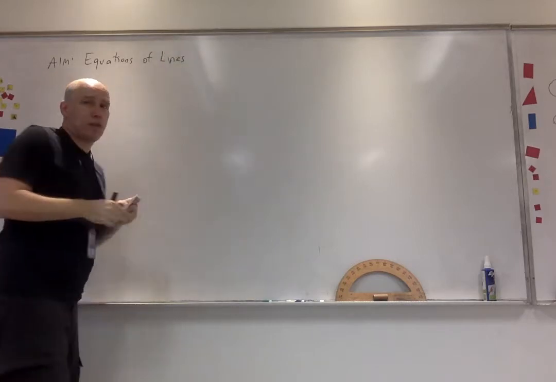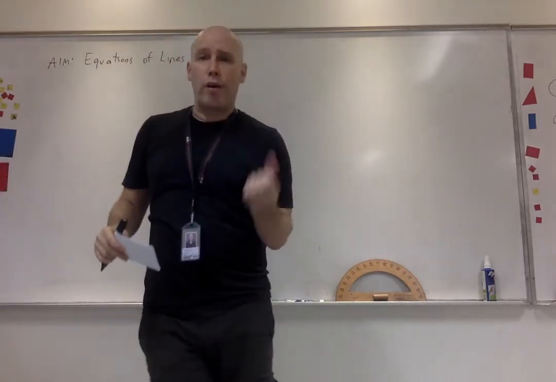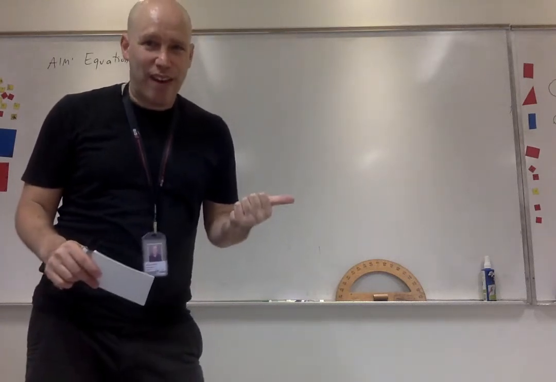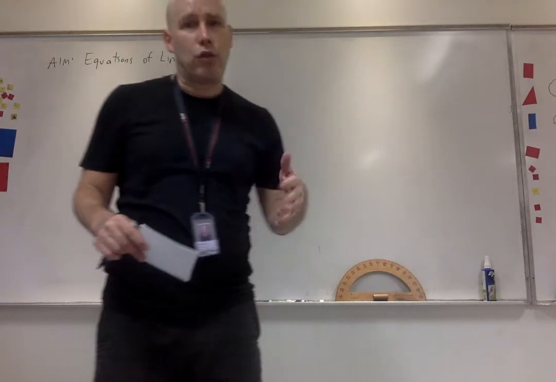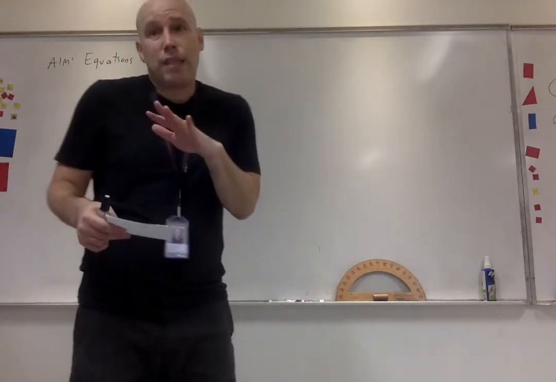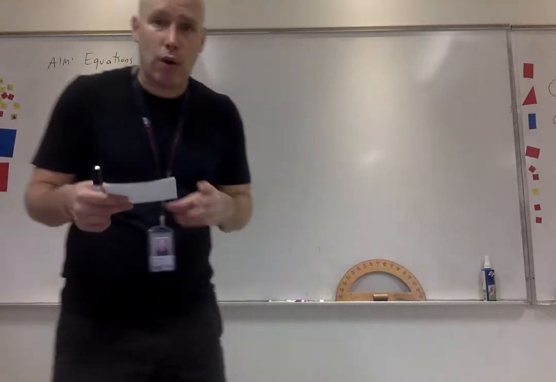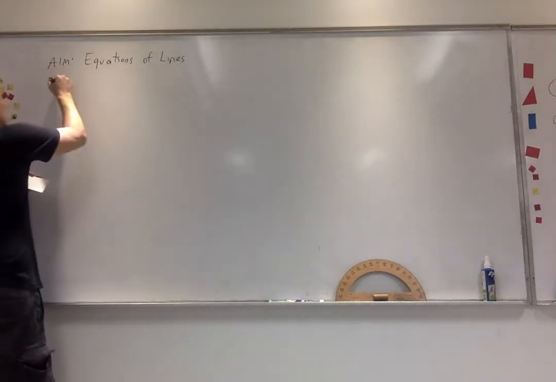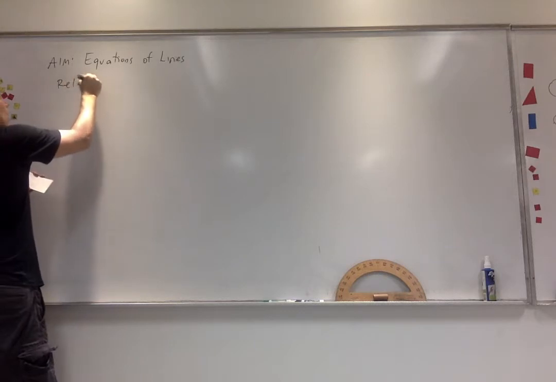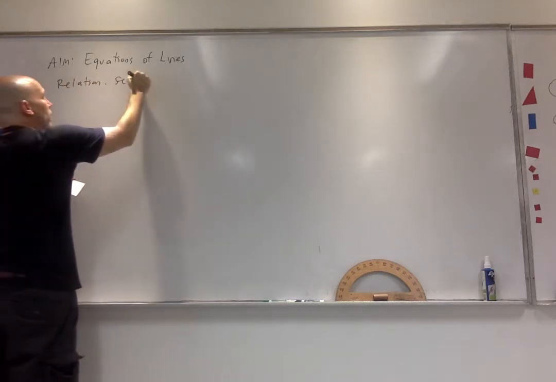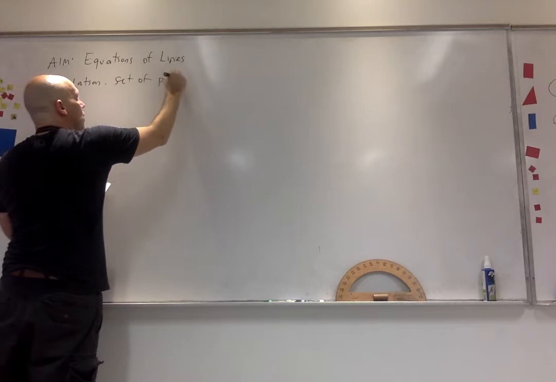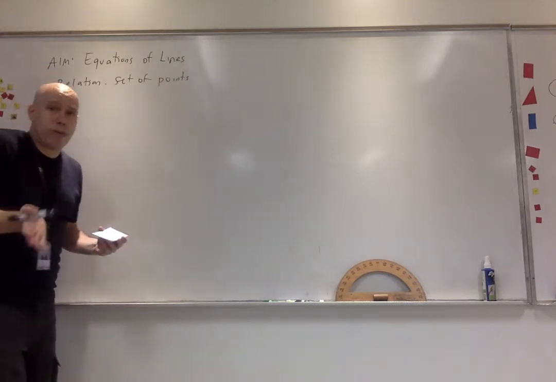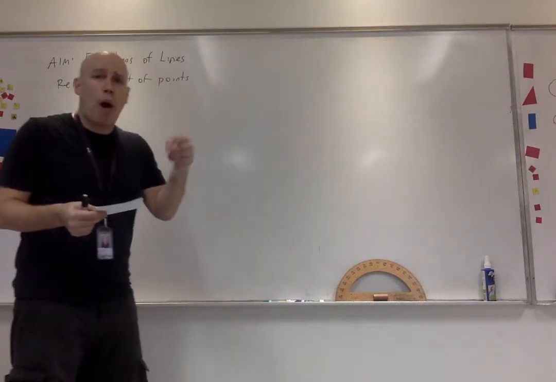What we're going to be doing is looking at how we can look at the equation of a line or a linear equation, and we can sketch a graph, and we can pick out some important information about the line. Once again, this might be mostly review from 9th grade or 8th grade. First of all, we said a relation was a set of points, and we saw in the last class that the x and y were connected